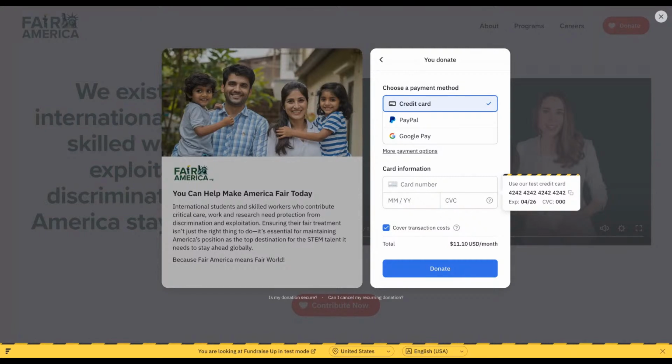If you are using Google Pay or PayPal, they are the ones processing the transaction. If you use a credit card, then it's processed by Stripe. So none of your credit card details are stored in our database anywhere. So yeah, you have multiple options on how you want to donate, right?